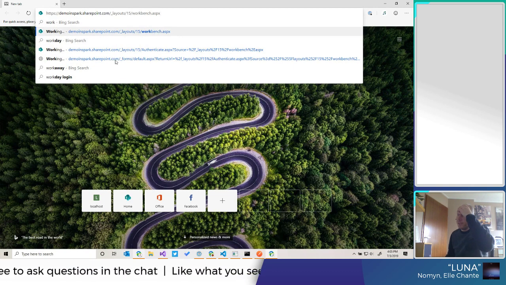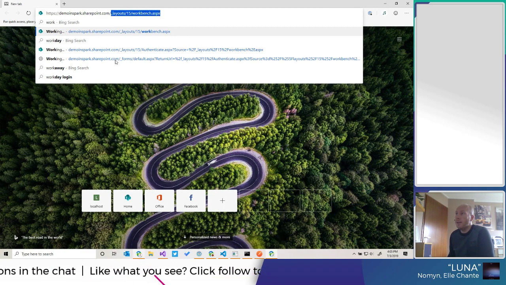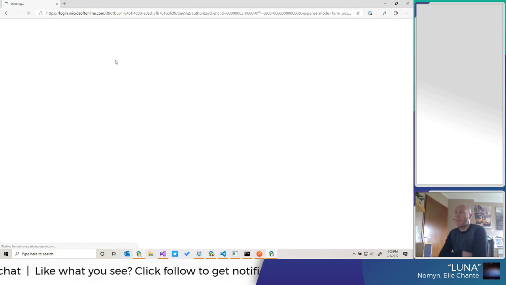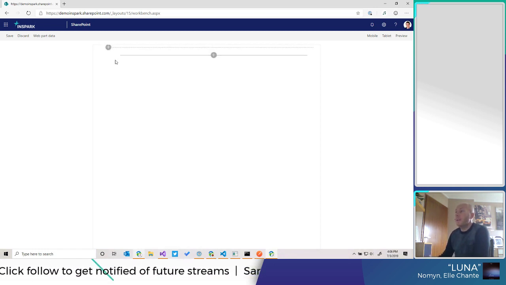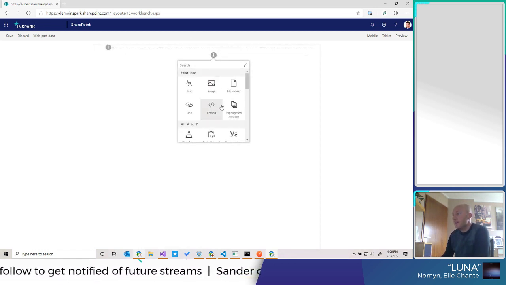Every SharePoint Online has this workbench. So if you are on SharePoint Online and you enter this piece after the URL, then you will get to the workbench, and once you host a Webpart in Visual Studio Code, you can select it here.